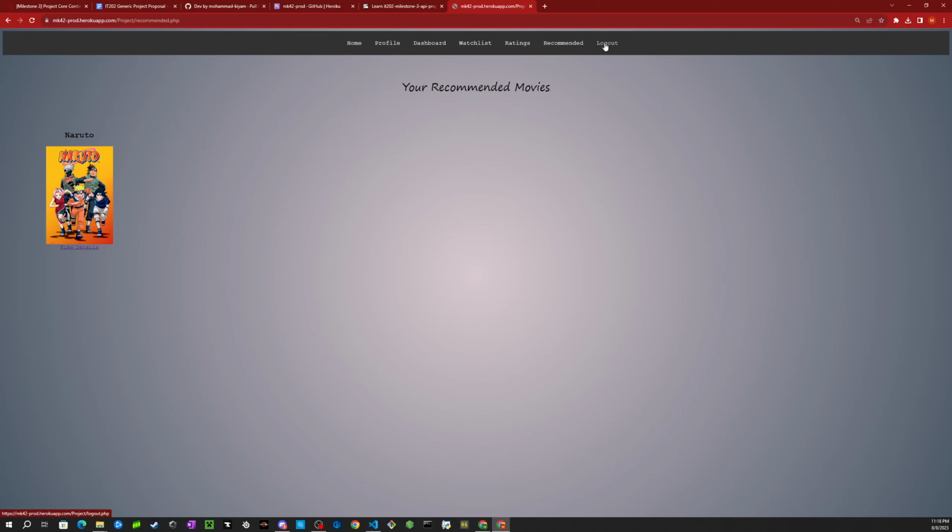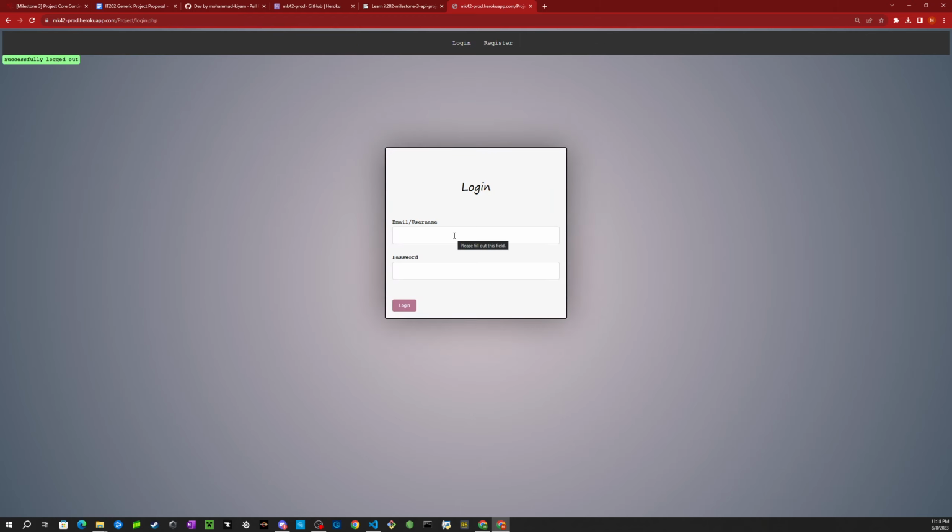We have our logout, which we can log out right here. If we just go back to our admin account, we will have the last few features